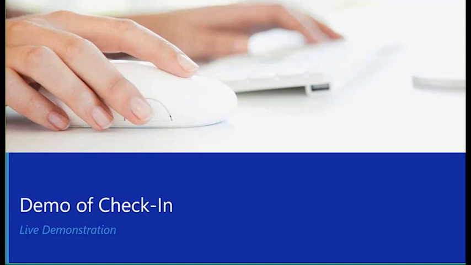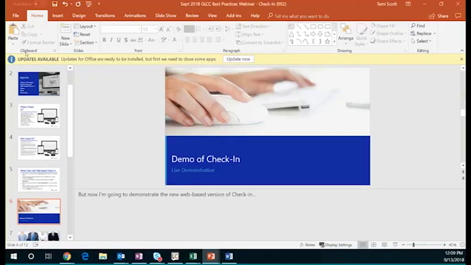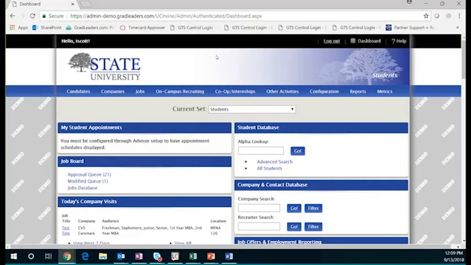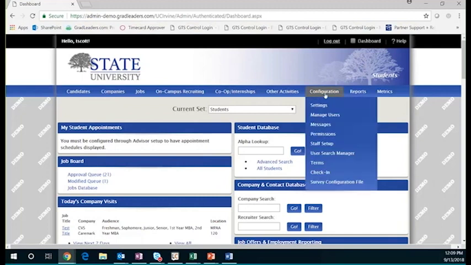So now I'm going to do a quick demo of web-based check-in. Just bear with me here for a second while I change my screens. Okay, so first I'm just going to show you where you can find some check-in information. If you go into the configuration menu, and of course some of your menus may not look exactly the same, but this is how we have it set up as our standard model. So if you go into configuration and down to the check-in screen,